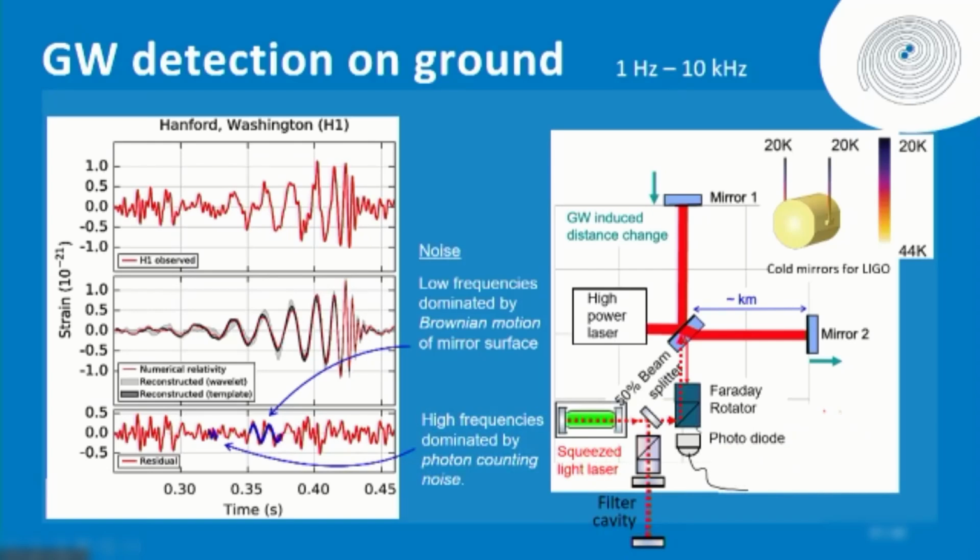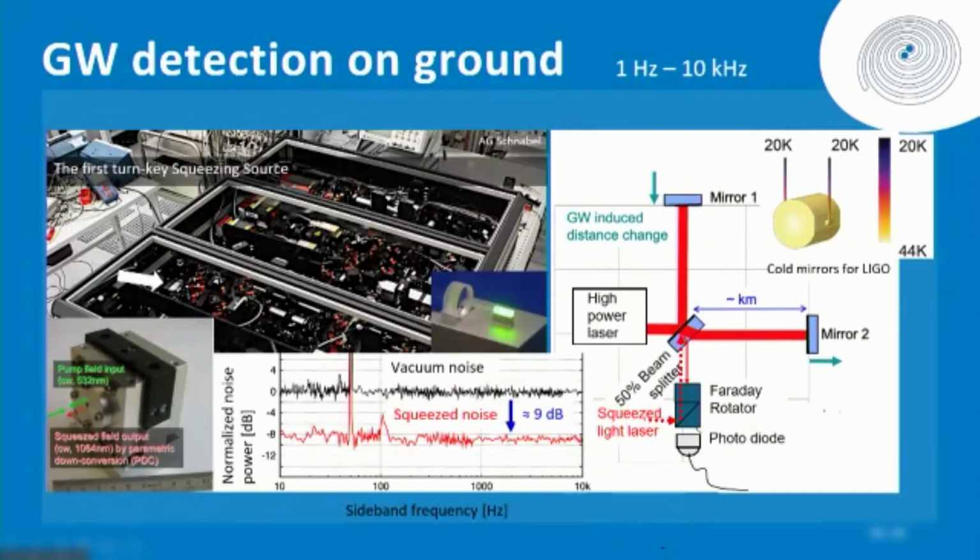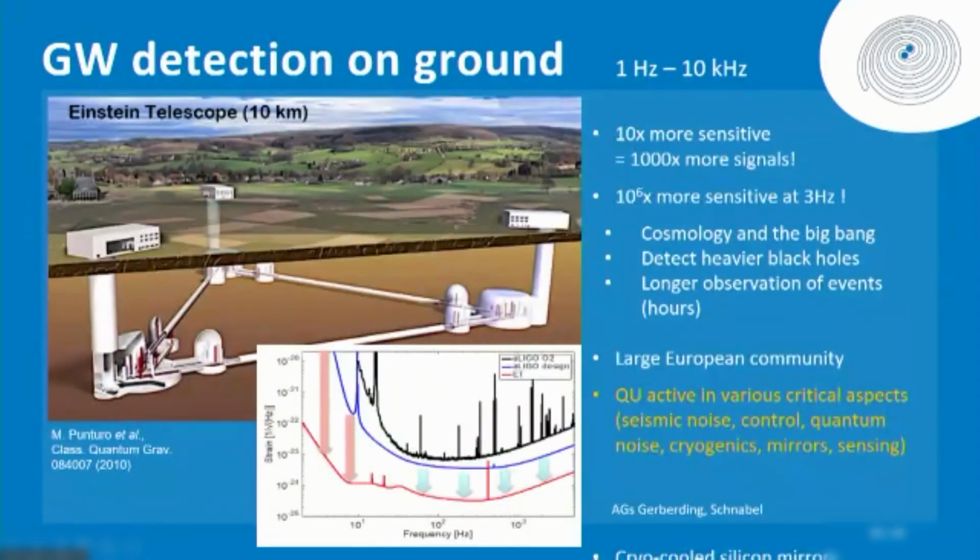You have high frequency noise sources, which are mainly related to the photon counting, to photon statistics, the Poissonian nature of shot noise in the system. And this you want to fight by reducing the shot noise to sub-Poissonian, or if you wish, using the squeezing possibility of quantum sensors, so the quantum correlation of the photon. That allows you to bring down the current limit.